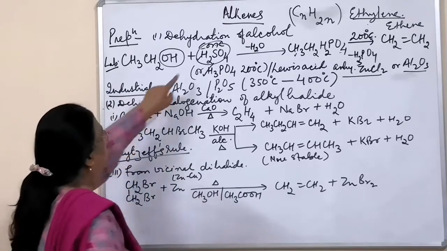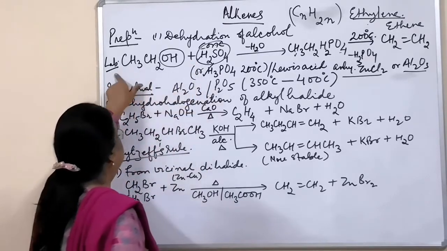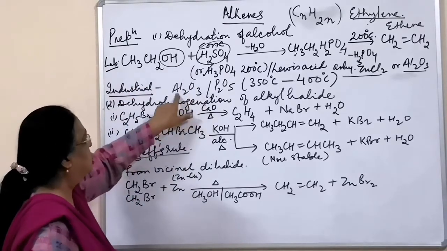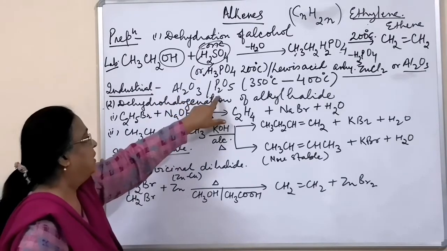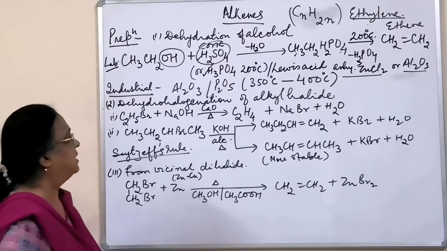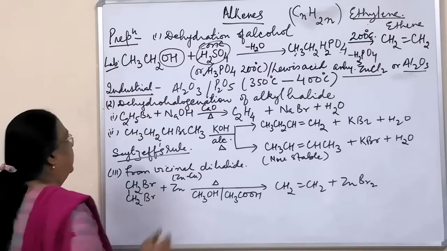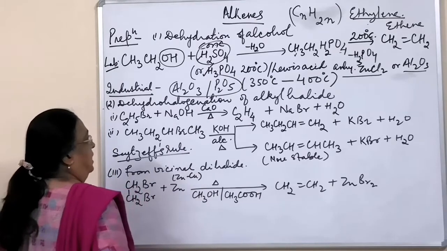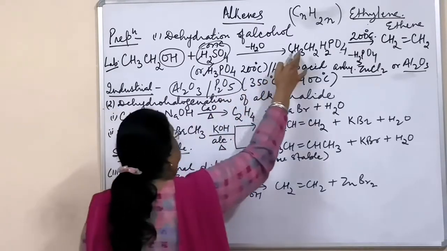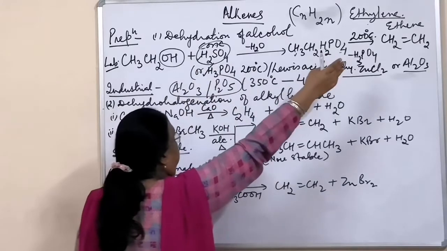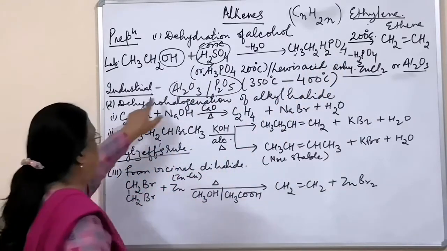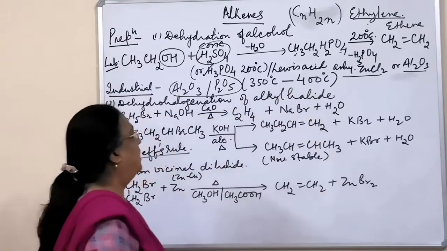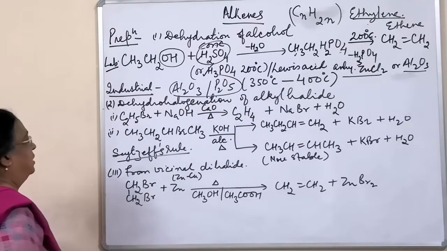And so when we are using these acids, the process is laboratory, but in place of this, when we are using alumina over P2O5, phosphorus pentoxide, it is a drying agent. And when we use these two in place of this, then we get ethylene, direct ethylene. This product is there direct from here. We are getting ethylene when we are using this. And temperature is maintained higher, and then the process will be industrial.